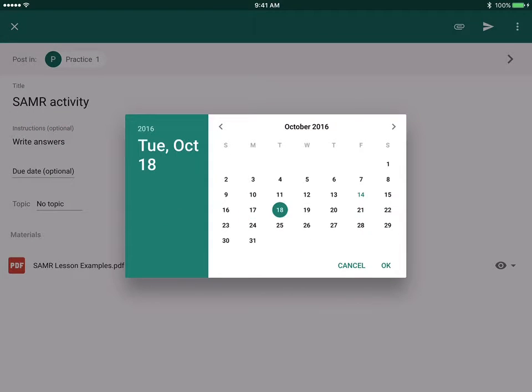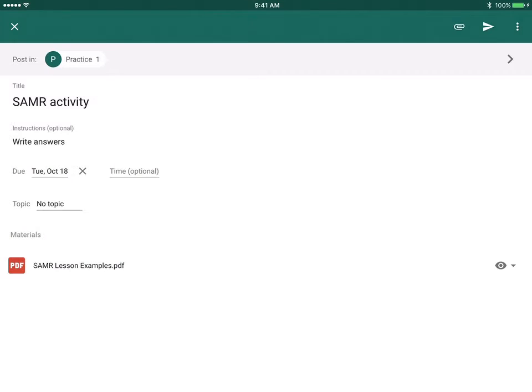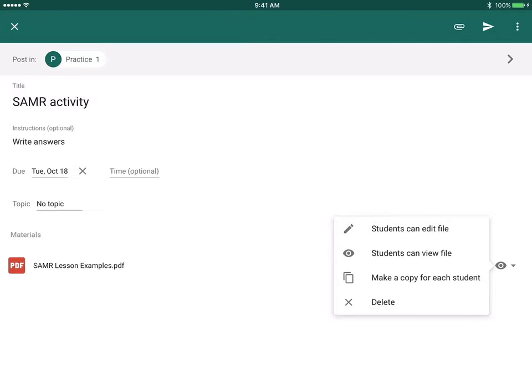Due date, I'll go ahead and make it the same due date as my other assignment. I don't have a topic, so I'm not going to add that. Over here, if you notice next to my attachment, I have choices. I can have students can edit the file. That would be if you want to have a group collaboration activity and you have a Google Doc or a Google Sheet. Students can view the file, or you can go ahead and have it create a copy for each